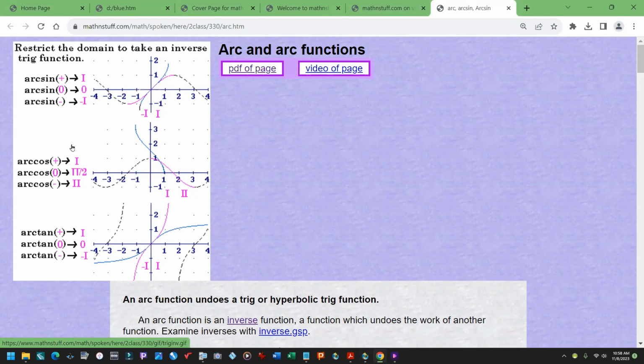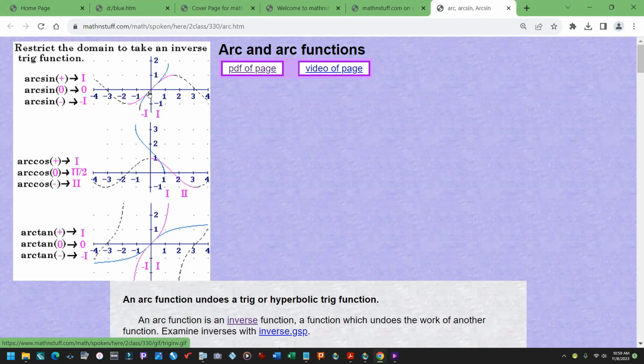If I declare this is how we're going to do it, then it'll work. The arc sine of a positive number should be an answer in the first quadrant. The arc sine of 0 should be 0 because the angle whose sine is 0 is 0. If the number you're taking the arc sine of is negative, you wish it to be